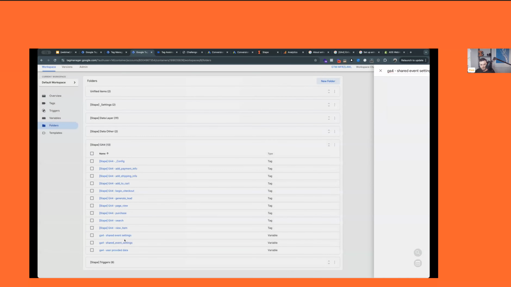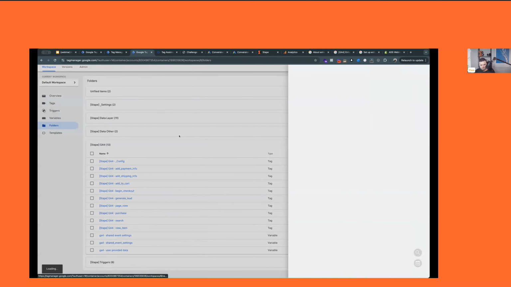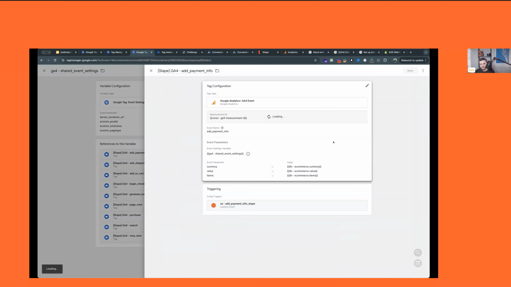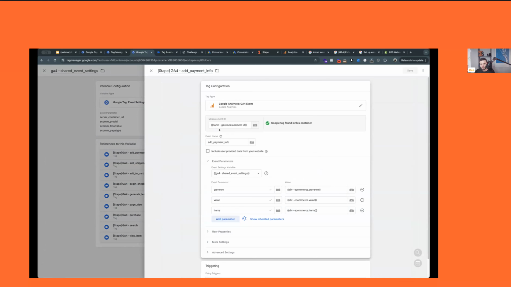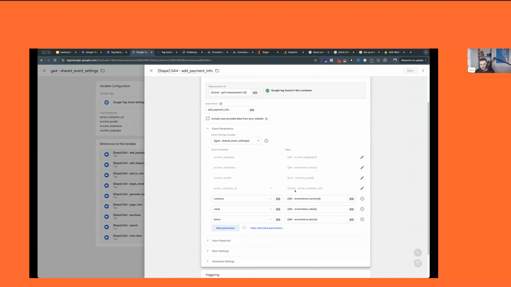So let me save this and show you the one we already have. The one we already have, as you can see, is referenced in every single tag I have in the container. Essentially the reason we do it is that it's kind of a redundancy. The server container URL is normally picked up from your configuration tag, but by adding it to all the tags, you're making sure that every single tag will always fire to your server container URL. This eliminates edge cases where potentially an event fires before configuration fires,